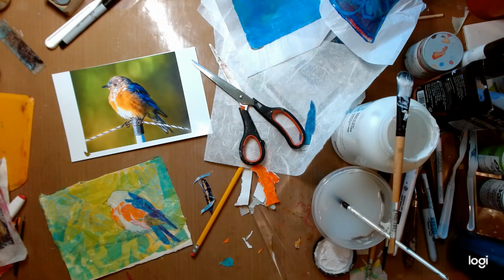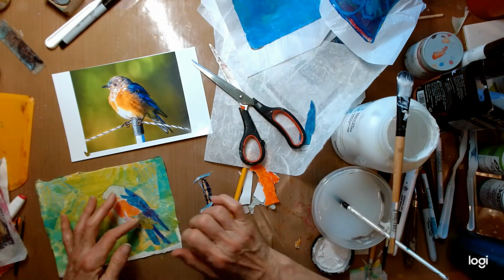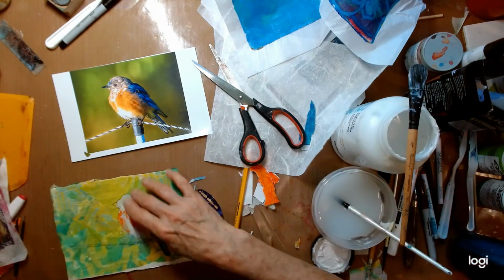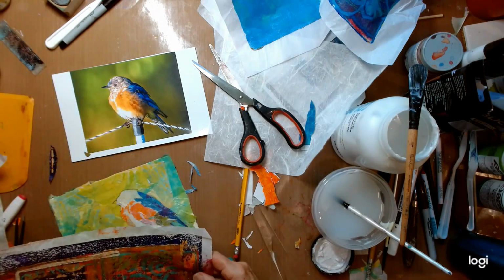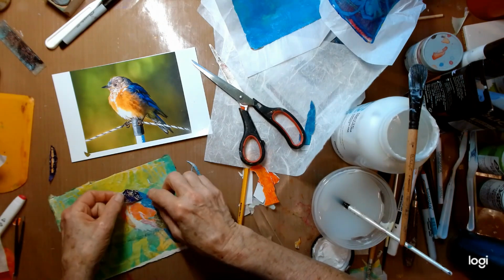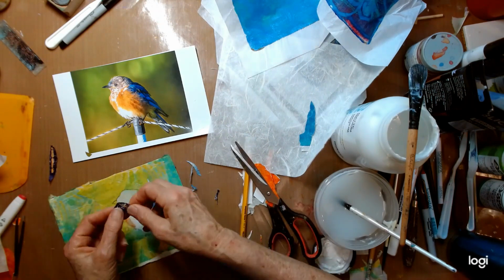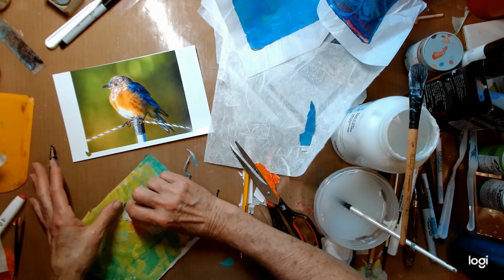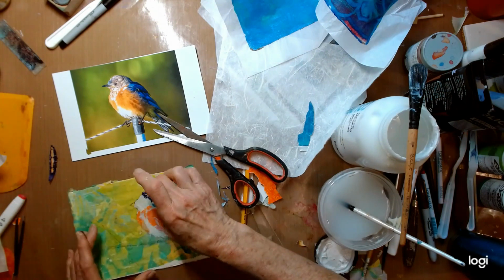I'm adding the greens back in that I had decided I liked before, and trying to get a little bit of a curve on one of those shoulders, or the curve of its head up there. And it's a very, very little bit of dark up there. I'm putting it in the hopes that I will cover it up with a little bit of